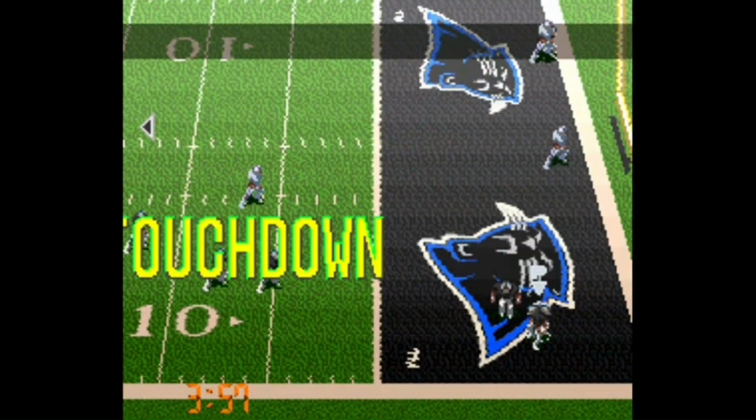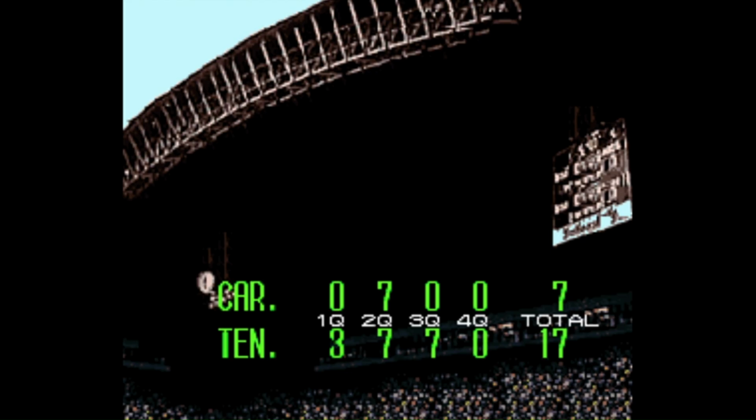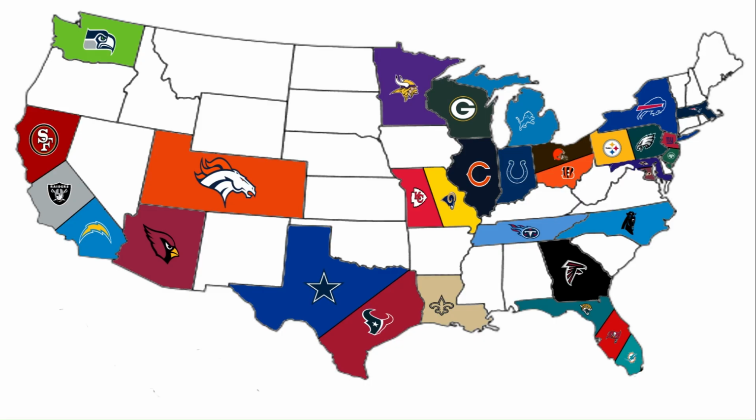This touchdown pass goes to Derrick Mason, survives the hit in the end zone, holds on to the ball. That will extend the lead to 17-7. The Titans clamped it down after that. 17-7 is our final score. The Panthers really couldn't get out of their own way in this game, putting the ball on the ground 4 times, including the one we looked at. The Titans will take over their territory and have a nice strip of land to work with.